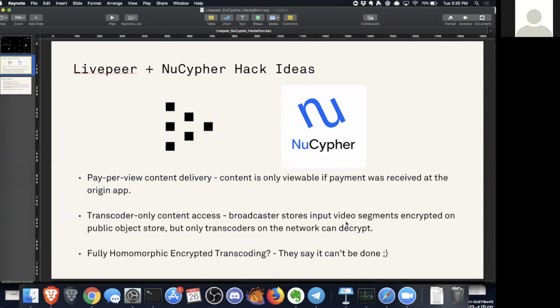This would solve all the security and privacy issues that may plague certain use cases, but it's so computationally heavy, and this is such a heavy computation to begin with, that it's unlikely that it's directly possible, though it would be amazing if someone could explore what is possible, what the costs are, what the computation requirements are to do this, or to have some interesting take on it that can preserve some level of privacy or plausible deniability using these mechanisms, even if not full privacy. So just a few ideas there.